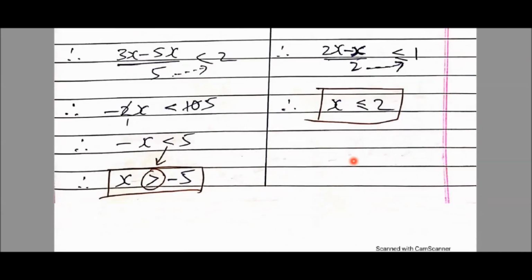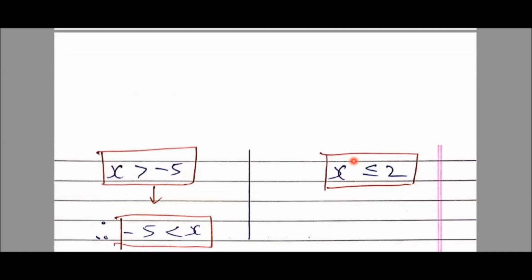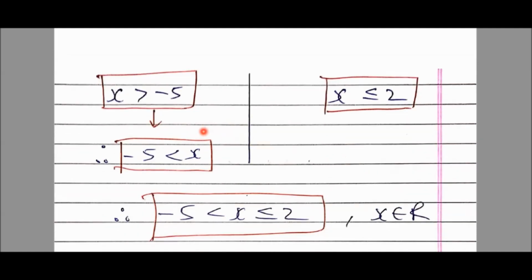Understanding? You keep the less than symbol in both the answers. See here on the screen, it was x is greater than -5, but always keep the less than symbol. I'll translate this in Hindi. यहाँ पे है x बड़ा है -5 से. So हिंदी में क्या होगा, अगर x बड़ा है -5 से तो -5 छोटा है x से. So I wrote here -5 is less than x.